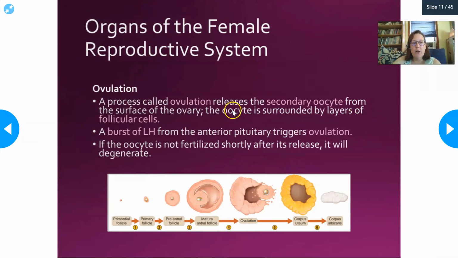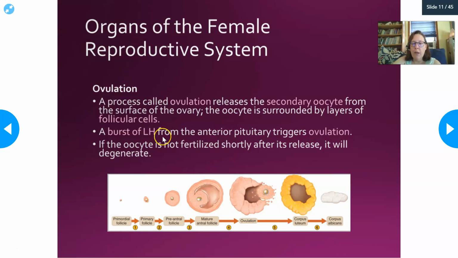And let's talk ovulation. A process called ovulation releases a secondary oocyte from the surface of the ovary. So there is the release of that secondary oocyte, and it's still surrounded by a layer of follicular cells. And then a burst of luteinizing hormone from the anterior pituitary triggers this release, this ovulation. Okay, luteinizing hormone,